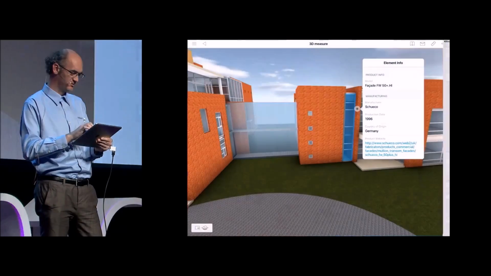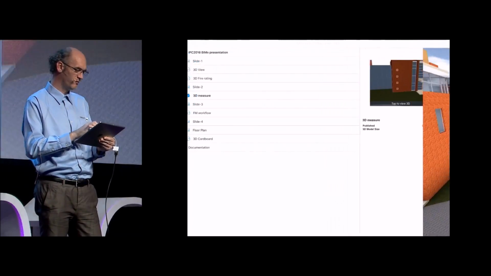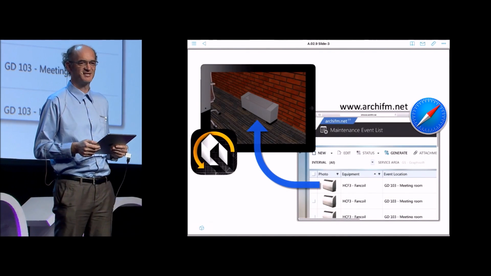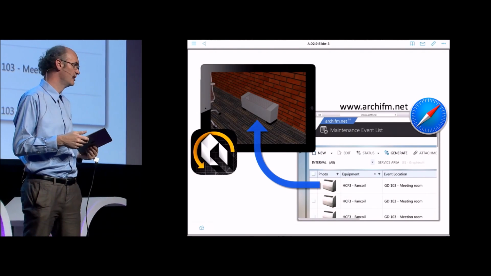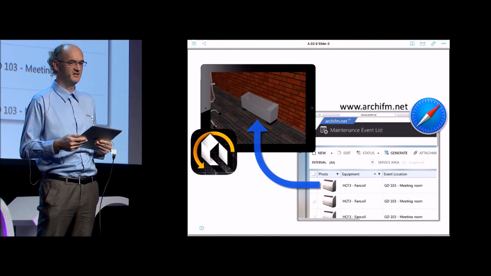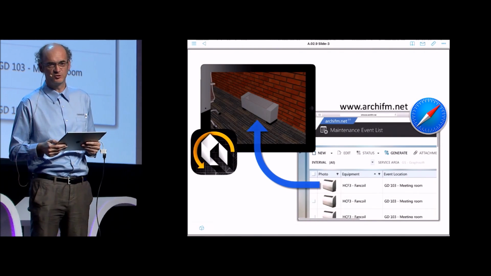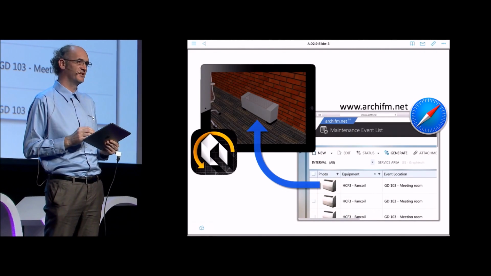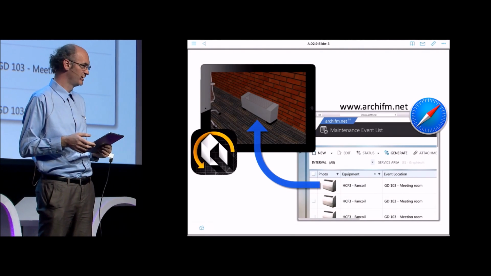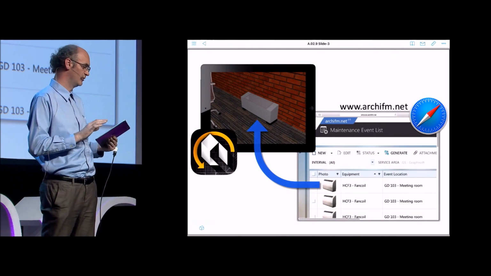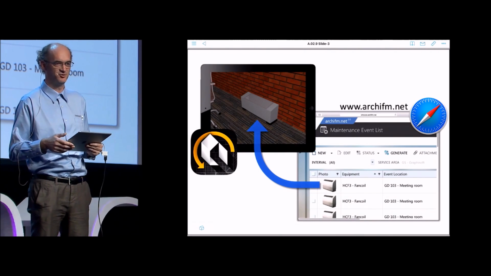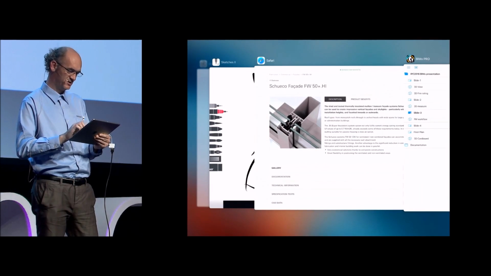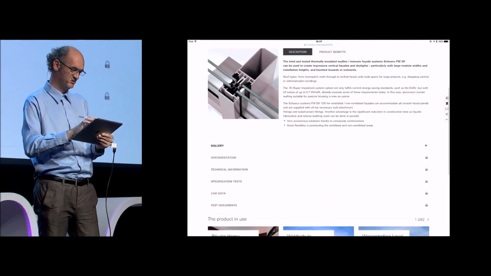In the next example, I will show you how third-party applications or databases can use the BIMX model elements in the BIMX model as a reference. So they can connect their information to the building information using BIMX. Let's imagine the building has been completed, and I have the as-built model loaded on my BIMX. I'm a facility manager of this building, and my morning starts all the time by going to my facility management